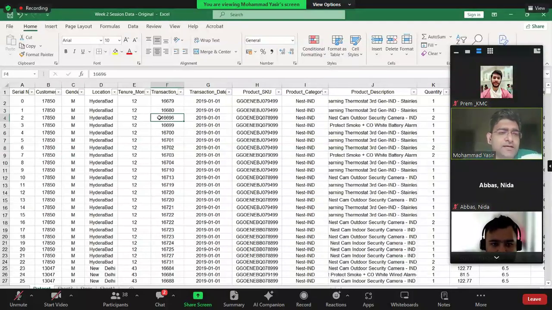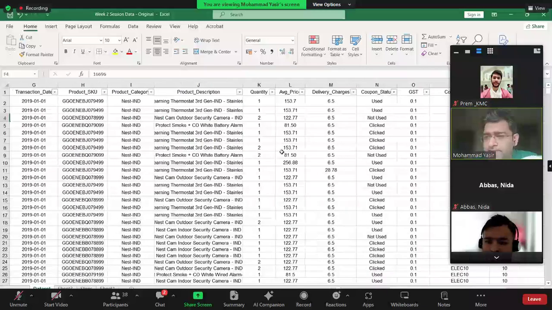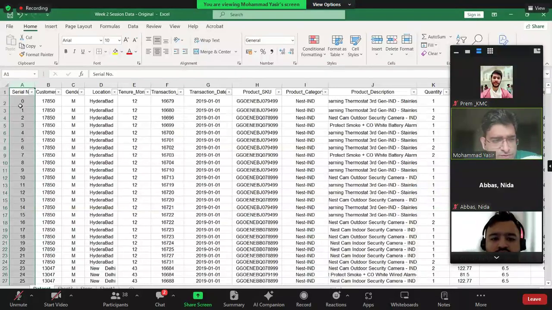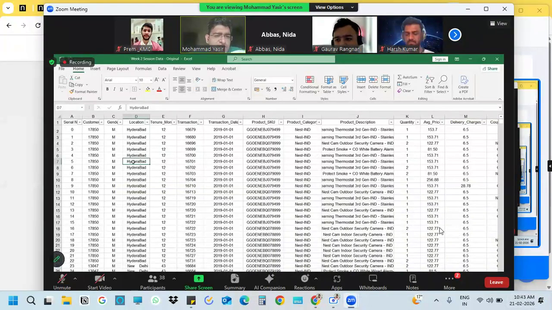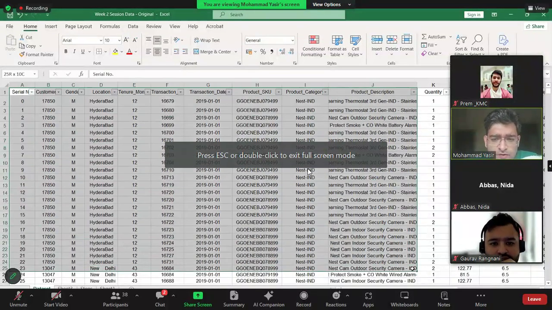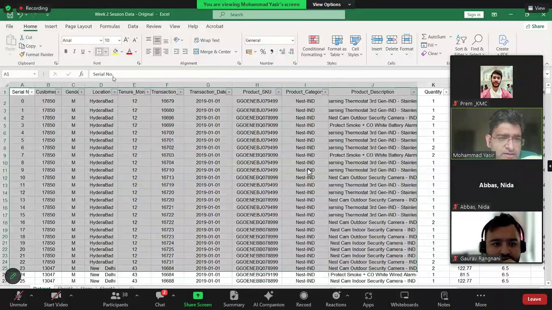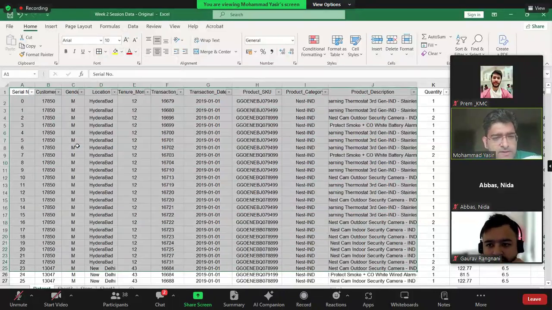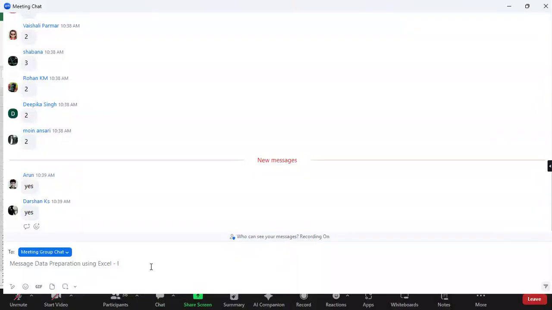Okay. So let us say now you have been given this transactions data set. The first order of business is to just go through how many columns we have, what is the row count which we have. So the row count is available here, around 53,000 rows. And do tell me, do I need to cover the very basics of Excel? For example, if you want to add some border, or if you want to add some color, etc. I don't believe we need to cover, but if you feel we should, do let me know.